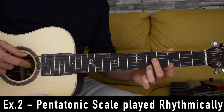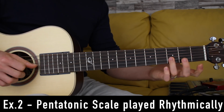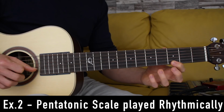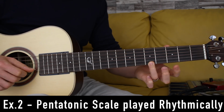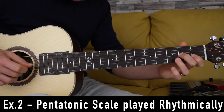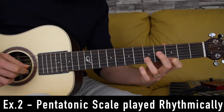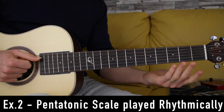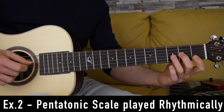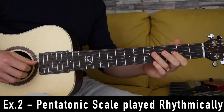Then I have the same phrase. It starts the same way, but we end it in a different way. So you have 2, 1, 3, 5, 3, 5, 8, and a slide back to 5. F, and then the same phrase. So when you play faster,